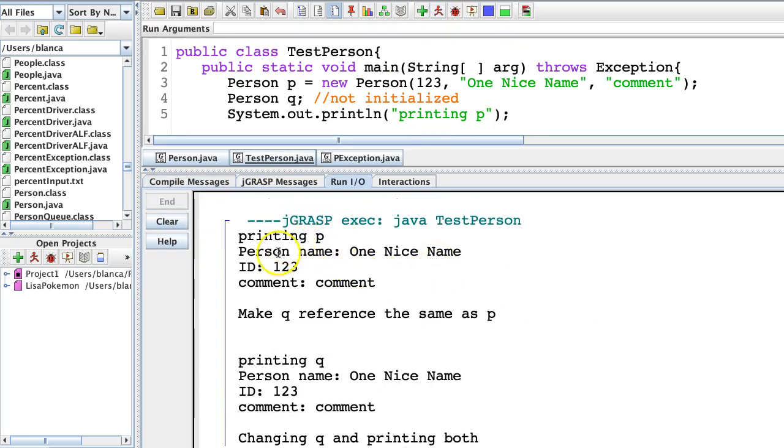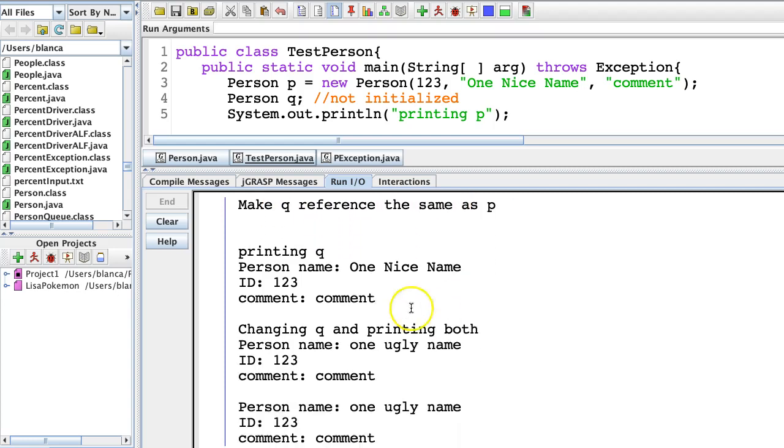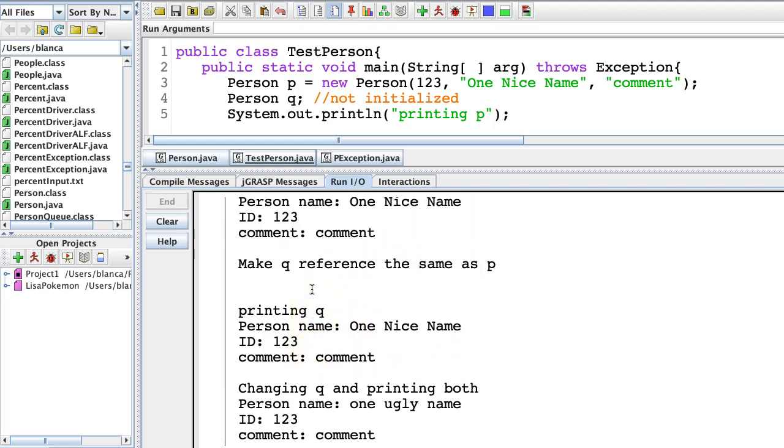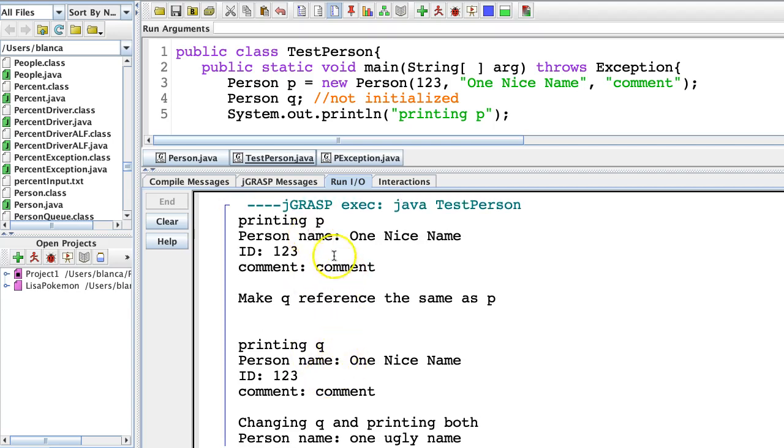So I print P, which is one nice name with ID 1, 2, 3 and a comment, and I make Q reference the same as P. Now I print Q, and it's going to print the exact same thing as P, right? Because they are. Now, up to here, you may think, wow, you're just duplicating the objects. But no, it's a reference, because